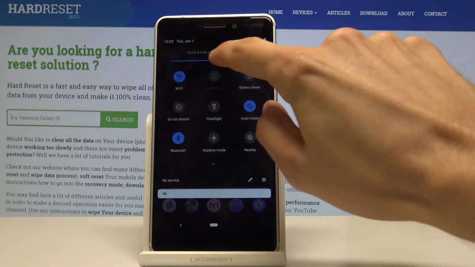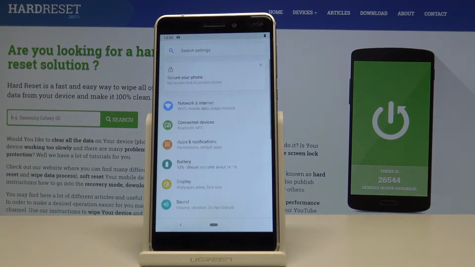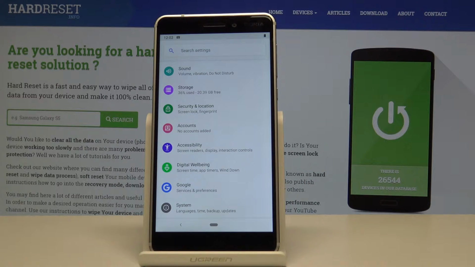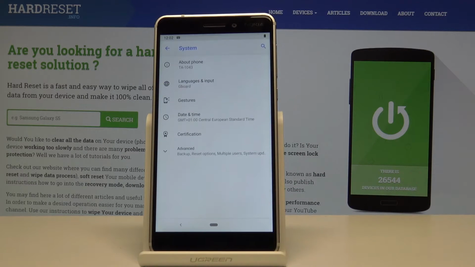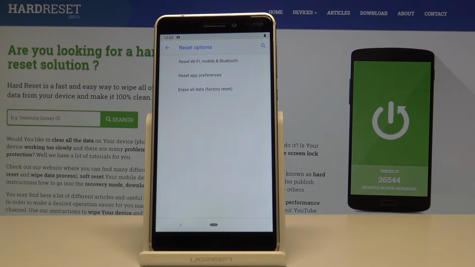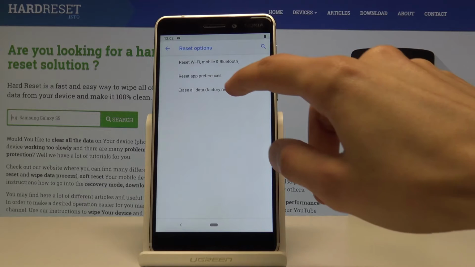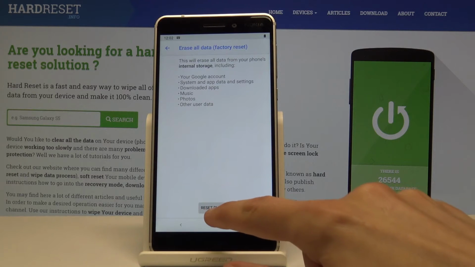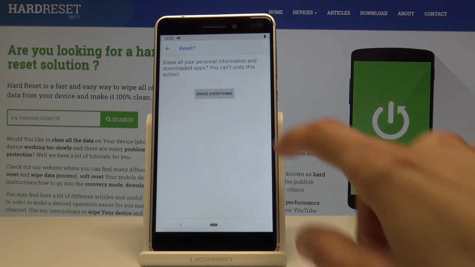So you can just tap on it right here and go into the settings, and from here go all the way down into System, and from here find Advanced, and then you have Reset options, and at the bottom you will find Erase all data, factory reset. Tap on it, then you get a message what will be removed. Once you read it and are comfortable with it, you can tap on Reset phone and erase everything